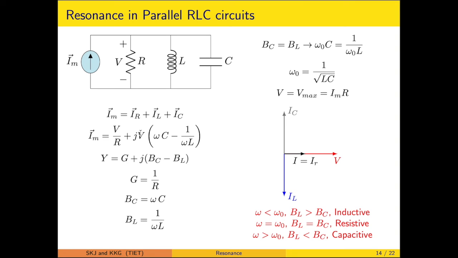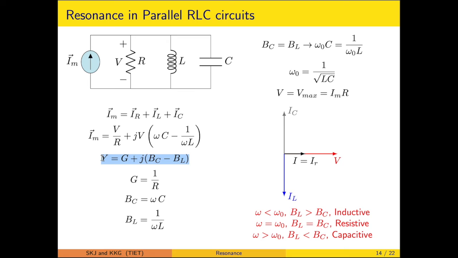What we have seen is that in case of parallel, the voltage is common. So this particular IM is expressed like this. Now 1 upon R is referred to as the conductance. Similarly, this particular term is coming out to be the capacitive susceptance, and this is the inductive susceptance likewise. So the term is yielding to this particular nature.